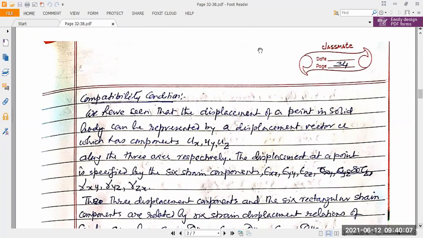Epsilon xx is the tensile strain along the x-axis, normal to the yz plane. Epsilon yy is the tensile strain along the y-axis, normal to the xz plane, and epsilon zz is the tensile strain along the z-axis, normal to the xy plane. Now, gamma xy is the shear strain acting over the xy plane, and